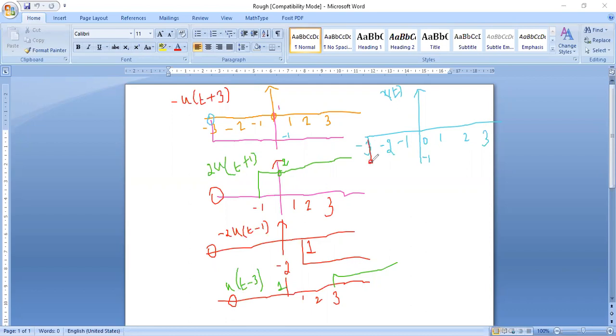Now you should know till where this minus 1 has to continue. For that, you can see in the first diagram, at minus 2, you have minus 1. And the second, third and fourth diagrams do not have anything. So this minus 1 will continue even up to minus 2.